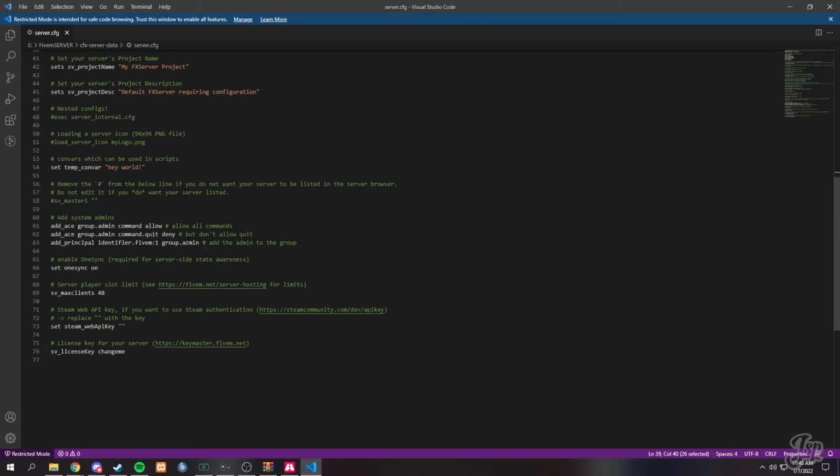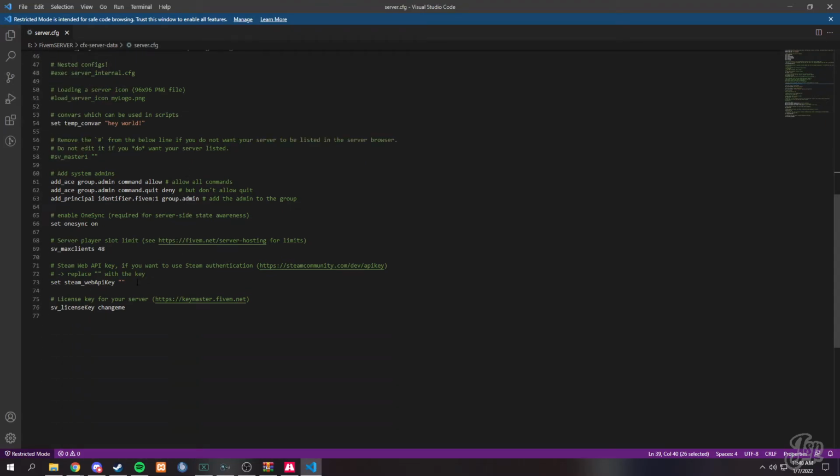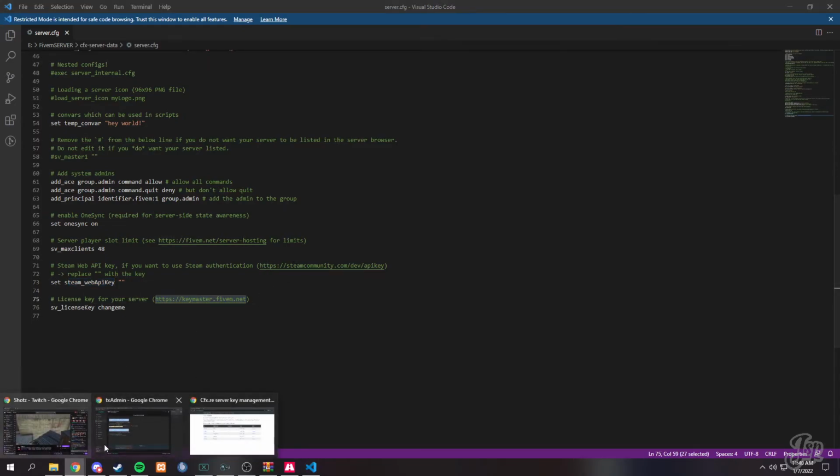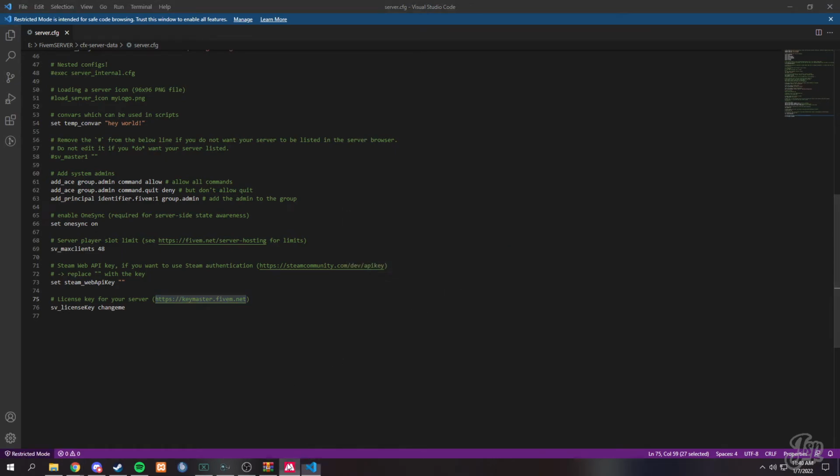But we are going to go down to these. So you will need a Steam Web API key. This, especially if you're using a framework for roleplay, basically gets the Steam ID of the person, which is used for a lot of callbacks. So you're going to want to put that in. And then for the SV license key, it has all the links right in here that you actually need, but all of them will be